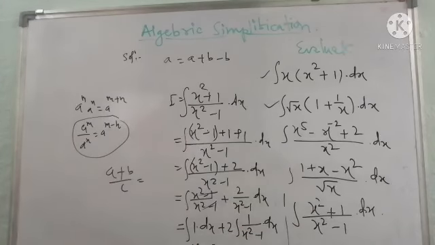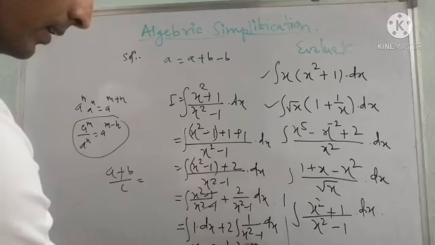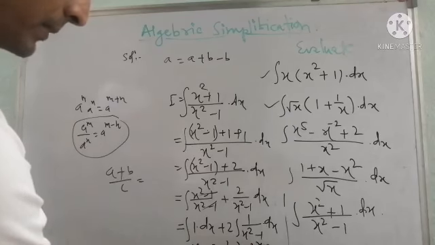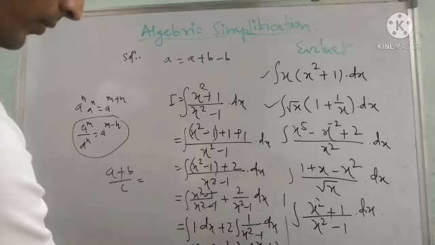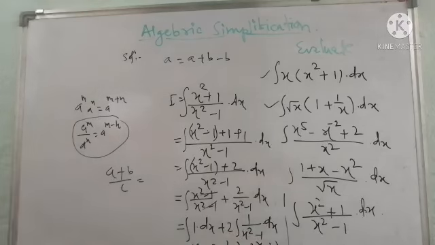Remember, there is no root in the denominator and subtraction is there, so this integration will be in log with coefficient 1 upon 2a, but here a is 1 again, so 1 upon 2 into 1 into log of mod of, when x square minus 1 is there, the numerator contains subtraction of variable and radical, and the denominator contains addition of variable and radical, and plus c we have to put.